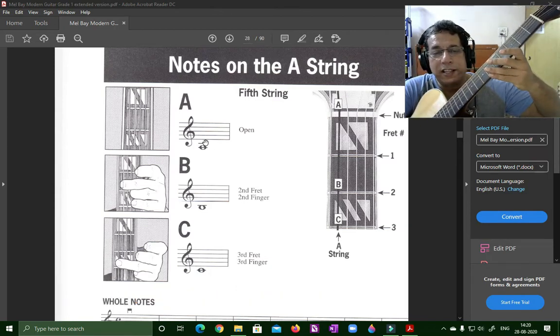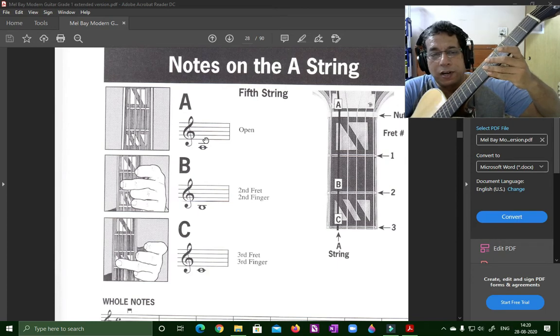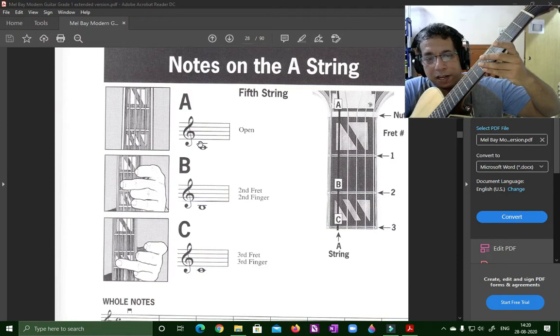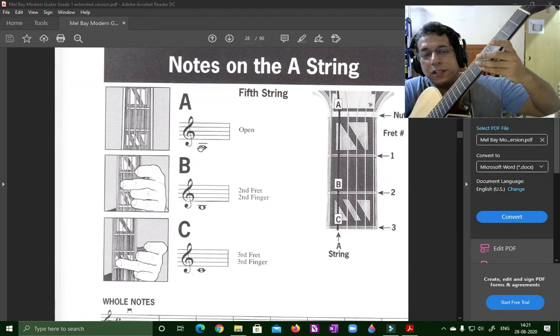Suppose I say the last line note is an E. You can see the cursor. Then it will come down backwards to a D, which will lie in the space. Then we'll go to C. C will be another line note on top of the first ledger line. Going further down, before C comes B, which will be a space note in between these 2 ledger lines. And then we have come down now to A.